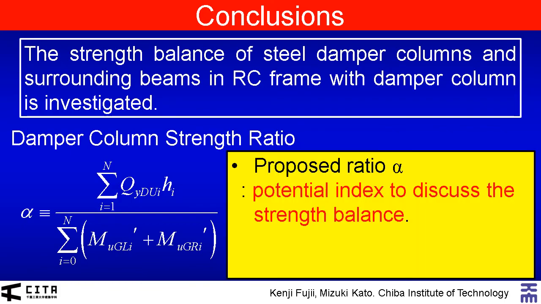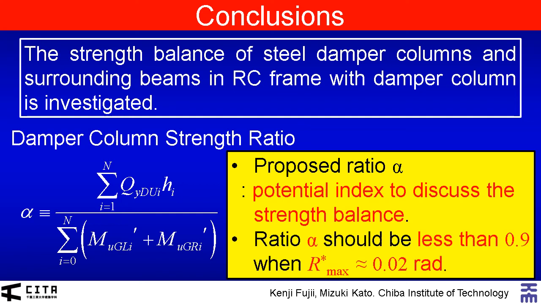The proposed damper column strength ratio alpha is a potential index to discuss the strength balance of steel damper columns and surrounding beams. Based on the numerical analysis results shown here, the ratio alpha should be less than 0.9 when the expected whole deformation angle is close to